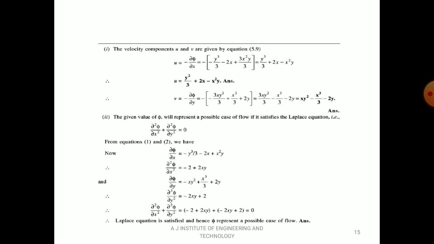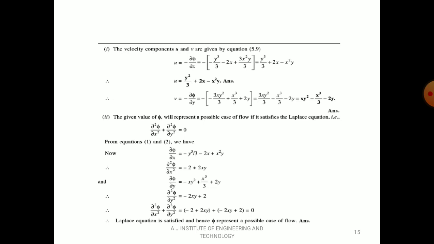Similarly, v equal to minus dou phi by dou y, that is equal to minus into minus 3xy square divided by 3 plus x cube by 3 plus 2y. Multiplying the minus sign inside, that is equal to 3xy square divided by 3 minus x cube by 3 minus 2y, that is equal to, upon rearrangement, xy square minus x cube by 3 minus 2y. That's the answer for the first case. Those are the velocity components in x and y direction. Now let us go for